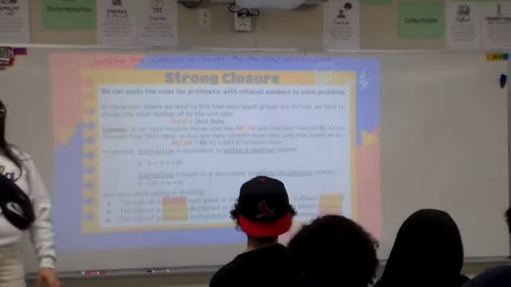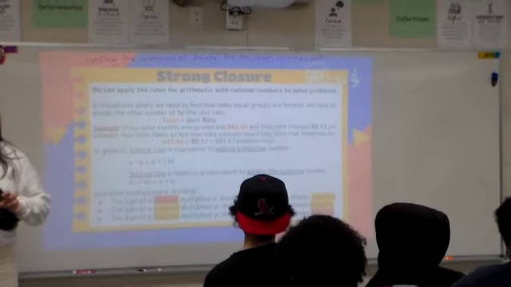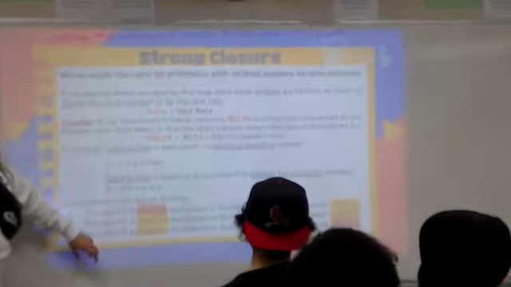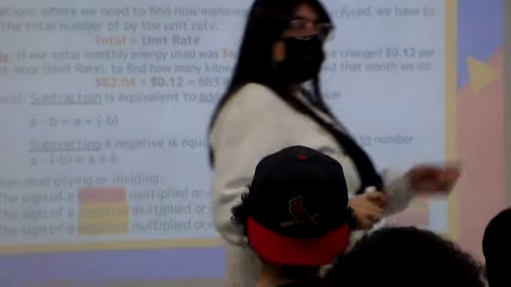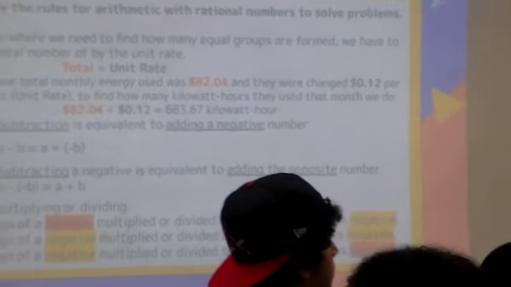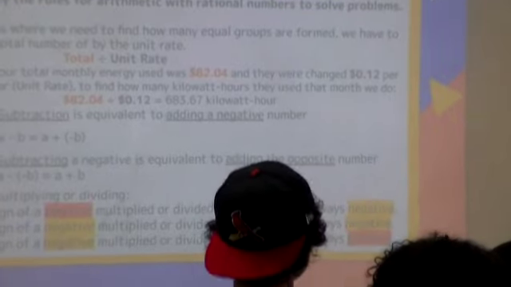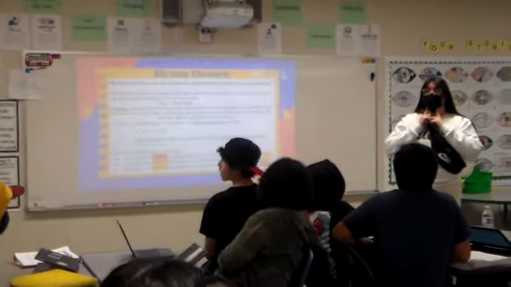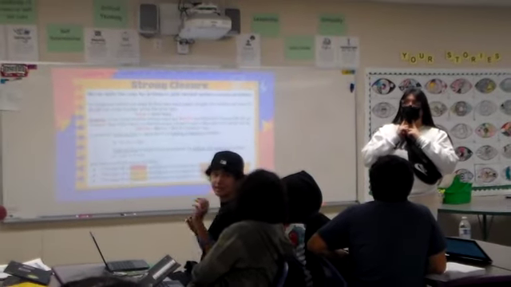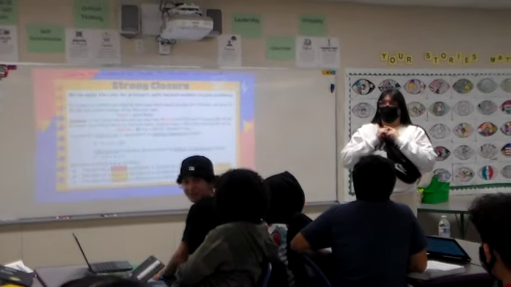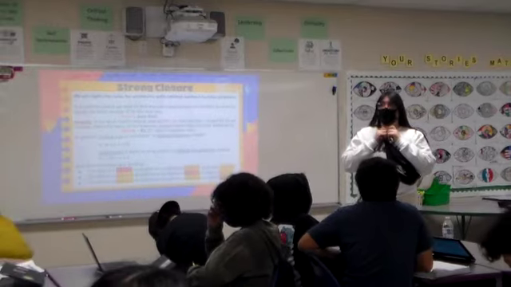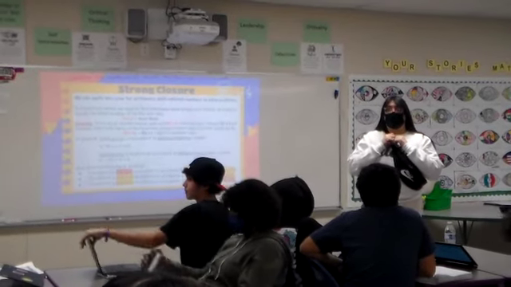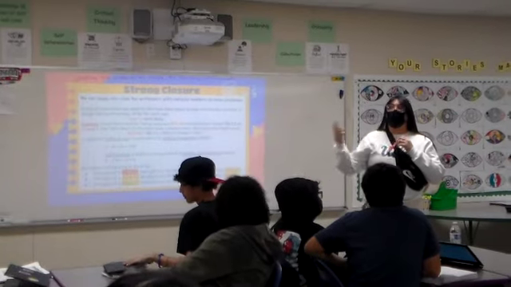In general, we know that subtracting a number is the same thing as adding its opposite. And multiplying and dividing have the same rules. If I multiply a positive times a positive, we get a? I'm asking the whole class. Positive times a positive? Positive. A positive times a negative? Negative. A negative times a positive? Negative. And a negative times a negative? Positive. So on Monday, we're going to take the exit